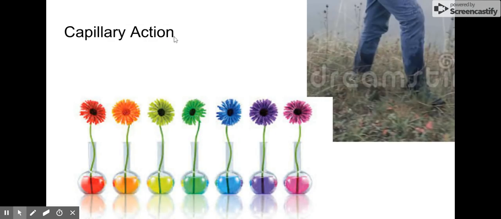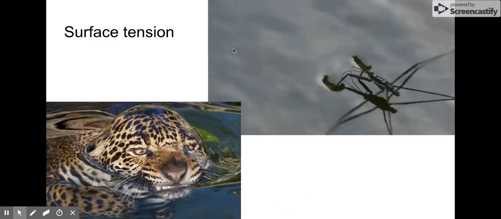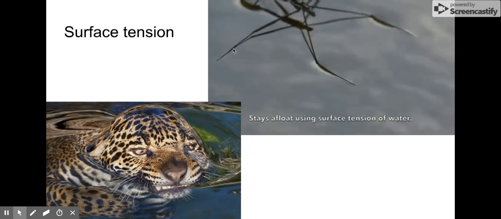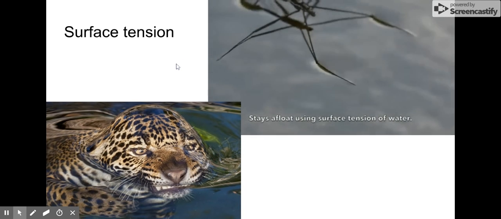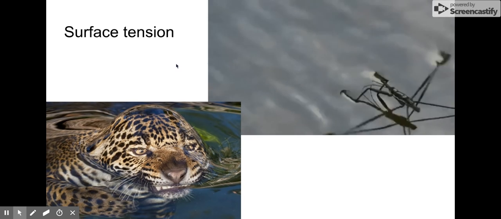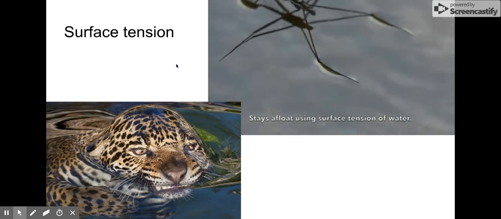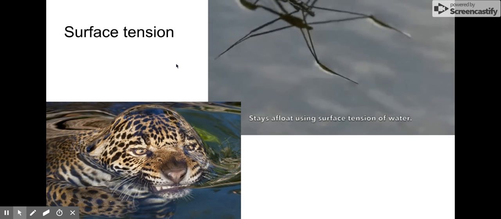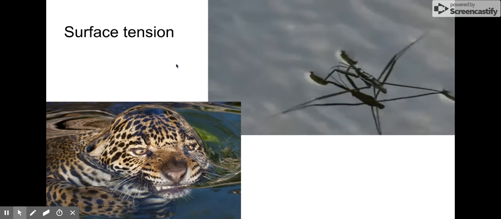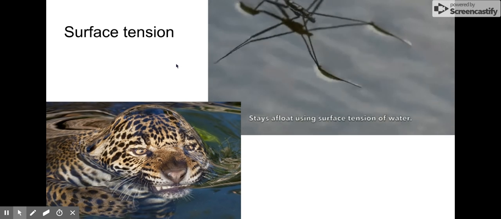Capillary action involves both cohesion and adhesion, and it is going to be how water sticks to itself and the fibers of a material to move upward against the pull of gravity. Surface tension is going to be based completely on the cohesion of water. The cohesion of water means that the surface of the water is going to stick to itself, and that creates something like a little skin on top of the water that's going to isolate it from the